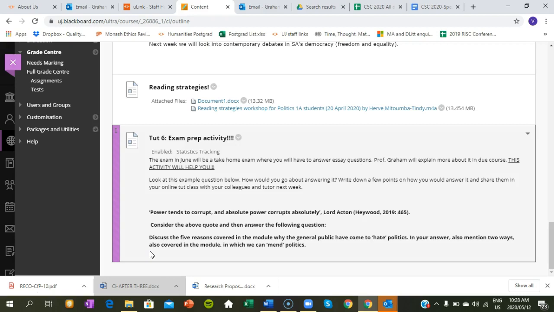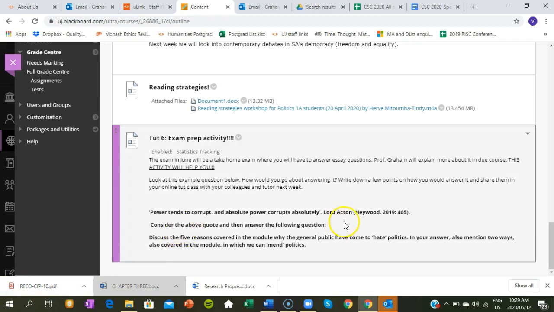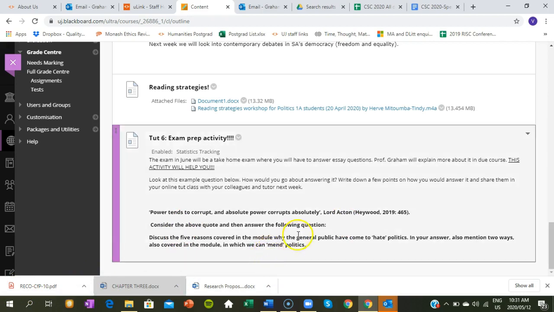If you're worried about it or concerned about accessing your tutor in that online tutorial, you must email me or get hold of your tutor to tell them that you're worried about it, and we'll try and organize something separate for you individually. So you do not have to submit anything online. Please note that. You don't have to upload anything. All you have to do is prepare this homework for yourself on a piece of paper that you can then read off during your tutorial.